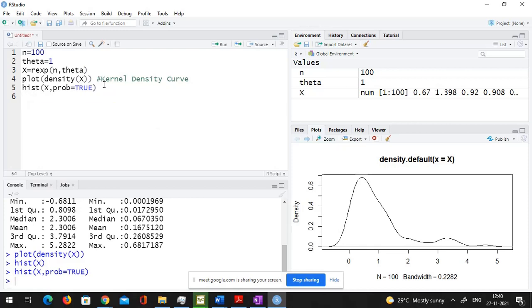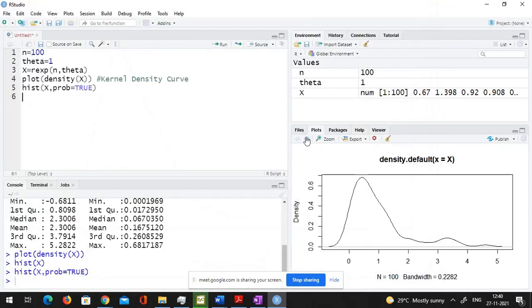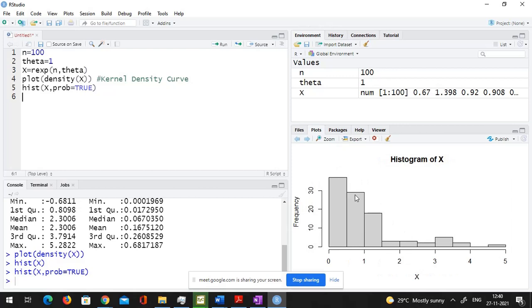Ma'am, but for that, we can deliberately go with the frequency polygon or something like that. Then why exactly kernel density curve? The frequency polygon is also not going to be differentiable. Yes, it will be on the basis of the histogram only. Yeah, so it would join these midpoints, right? Yes. It would again have sharp edges, so it won't be a well behaved smooth curve. I mean, it would be continuous, but it won't be differentiable at those points.